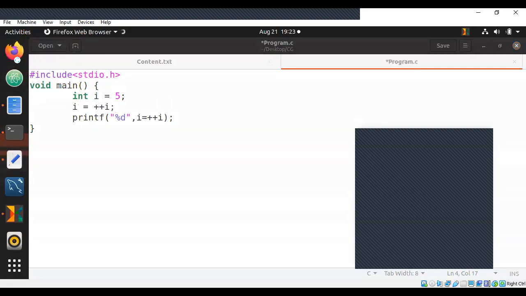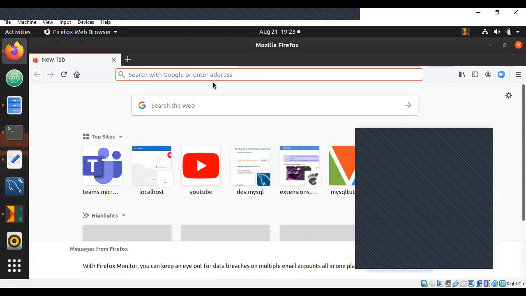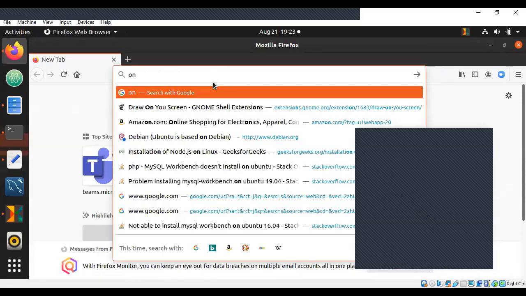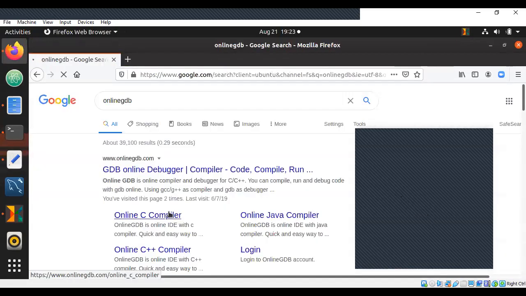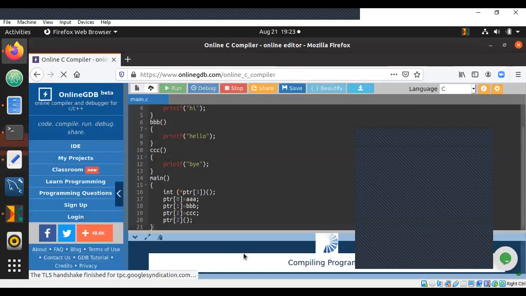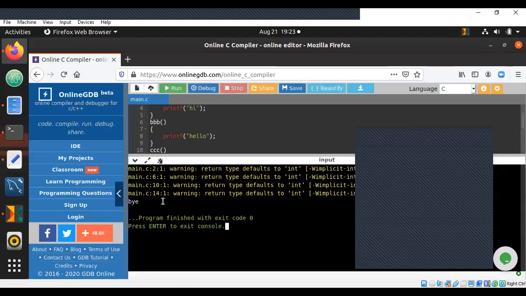And one of you asked that we execute the previous program that I shared. Let me explain. Let me use the GDB C compiler over here to execute the same program, because some of you are not getting it properly. See, same program. Let me try it here. This is your output.